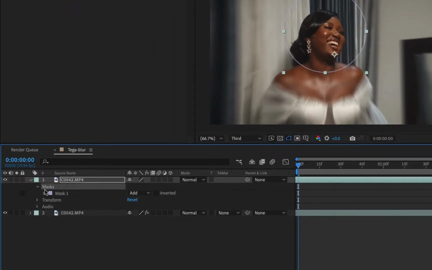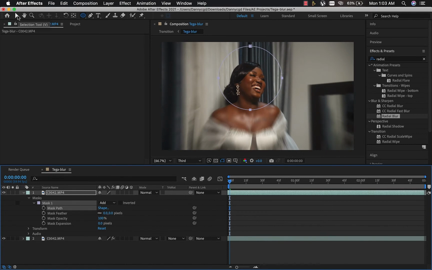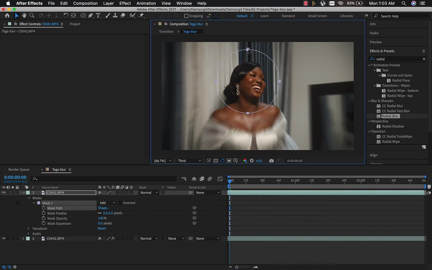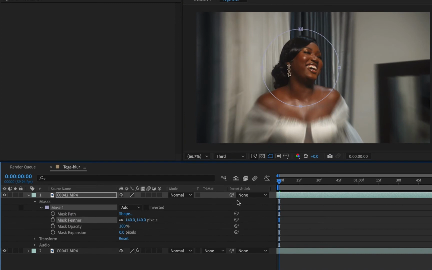I'll select the mask. Then I'm going to select my move tool and move the mask right about the center of the face. Then I'm going to increase the mask feather to about 140. Can you see it's giving the edge a very soft edge, blending into the spin blur. Then I'm going to create a keyframe over the mask path,